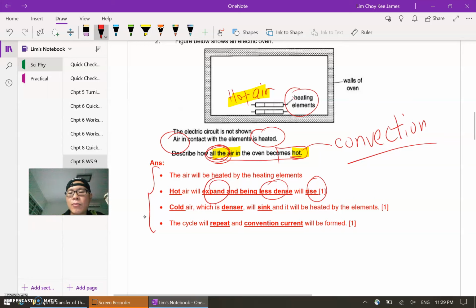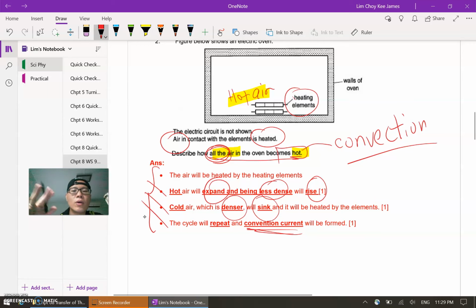The second phrase that we're looking for is about the cold air. Same thing, I need the phrase denser and sink. So these are the two key phrases that we always mention when we use convection. And the last sentence will be the process being set up. What process? Convection current being set up. So as long as you have these three key phrases in your answer, if the question is about convection,